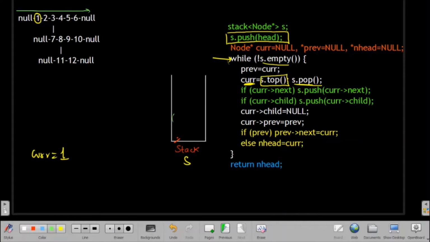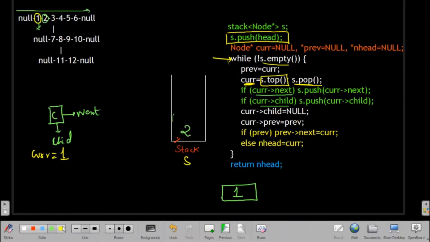After that we will create one node and we will store this 1. And after that I will see from current, so this is the current node, if we have a valid next node and valid child node. So we will see first the next node, after that we will see the child node. We'll see that yes, we have one next node, but we don't have any child node. So we will just insert 2 here.